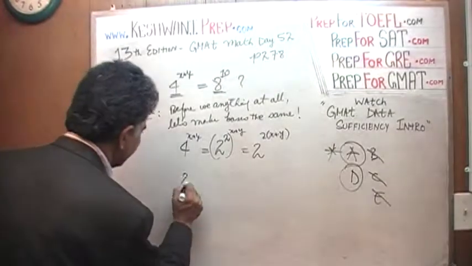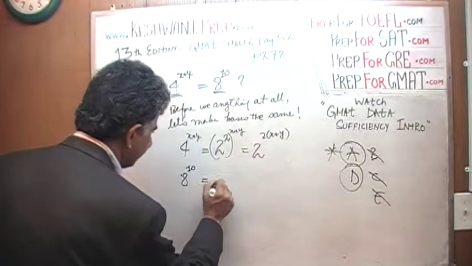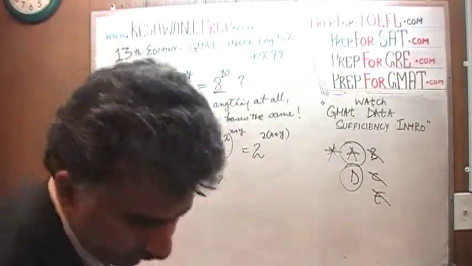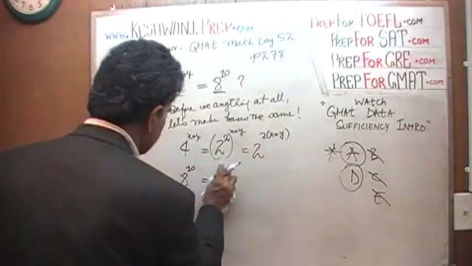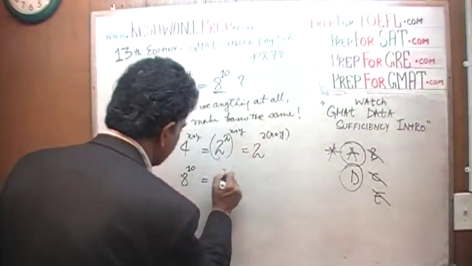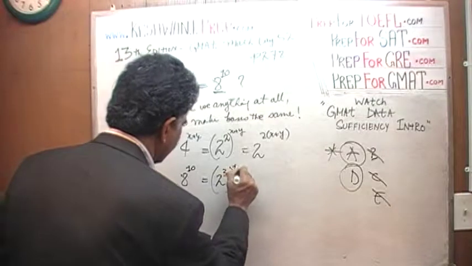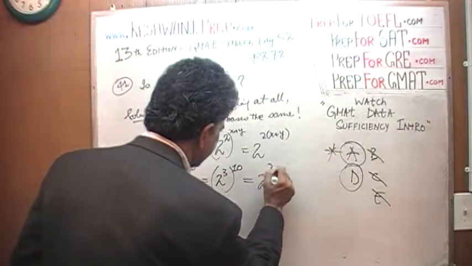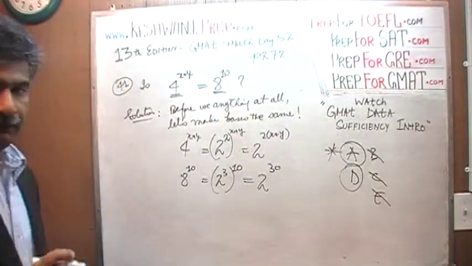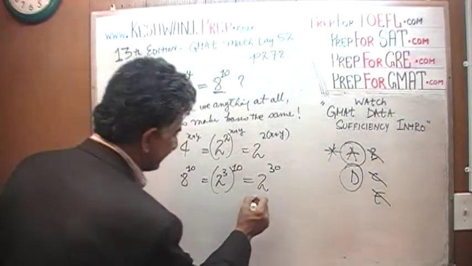And 8 raised to 10, 8 can of course be written as 2 cubed, raised to 10, which boils down to 2 raised to 30. You see? So now, since the bases are the same,